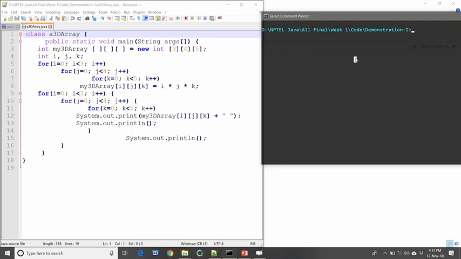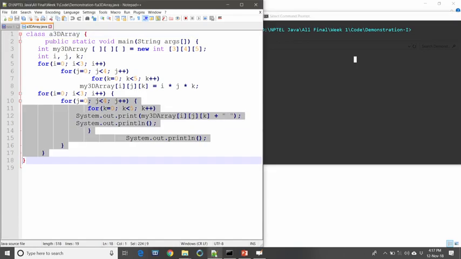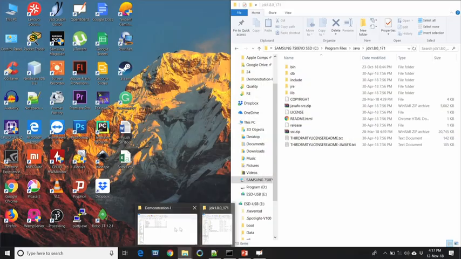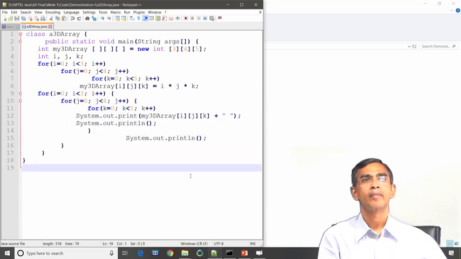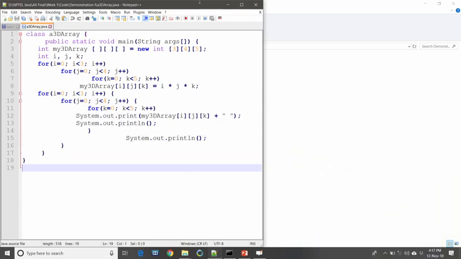If you see the name of the program file, 3D array, here public static void main String args is as usual. And now, we have declared here